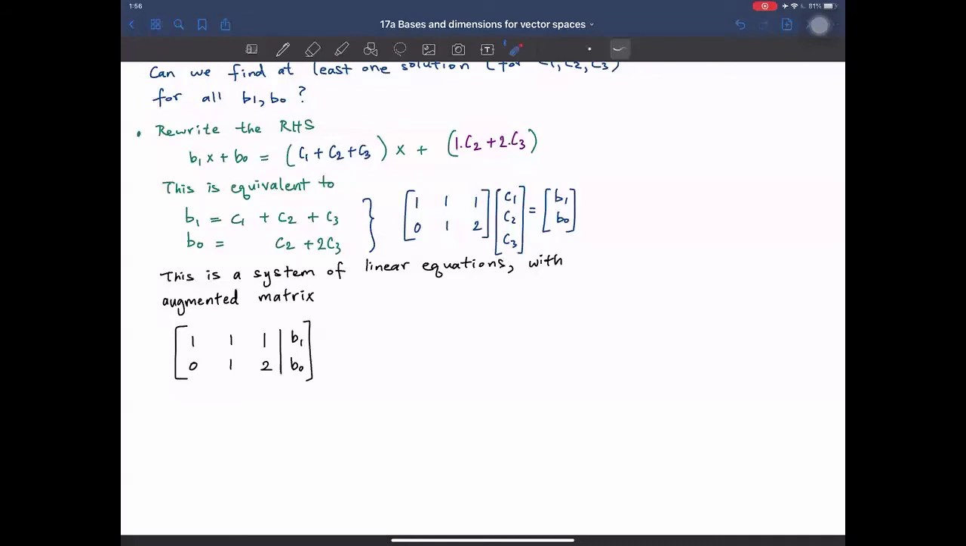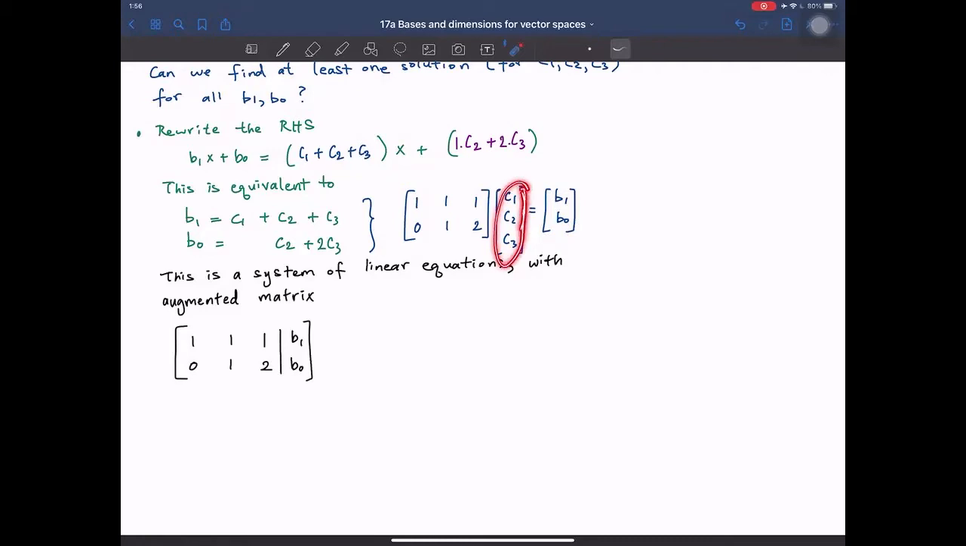Remember that here, the coefficients C1, C2, C3 are the variables we're trying to solve for, and B1, B0 are just arbitrary numbers that we have no control over. But because B1 and B0 are the numbers and not the variables we're trying to solve for, in the augmented matrix, we do keep the B1 and B0, but we don't have the C1, C2, C3,